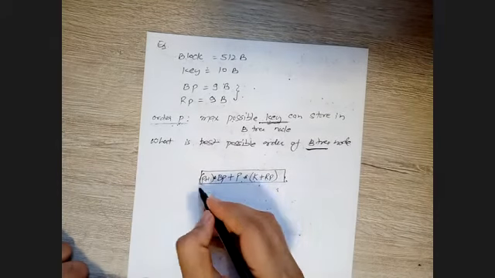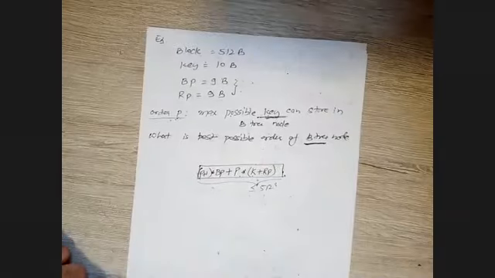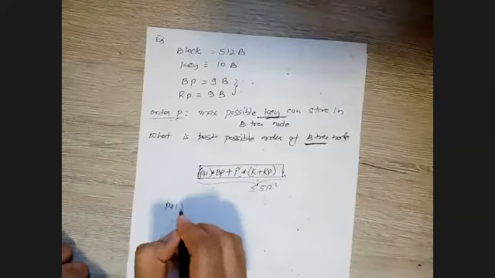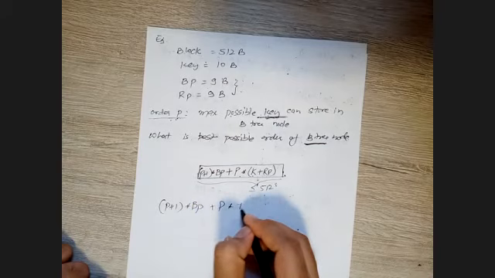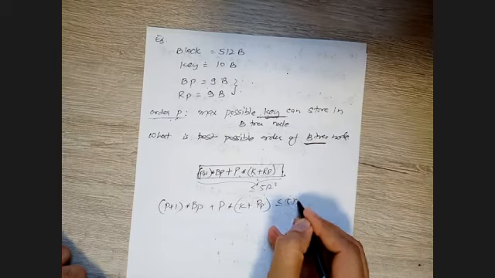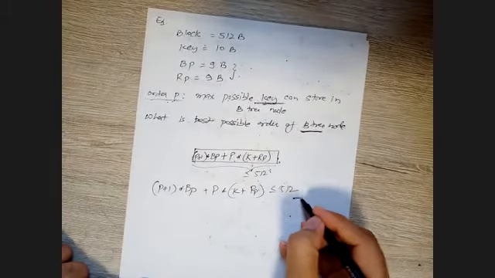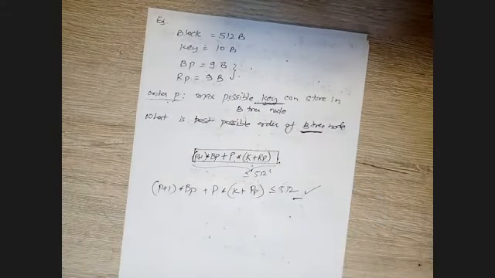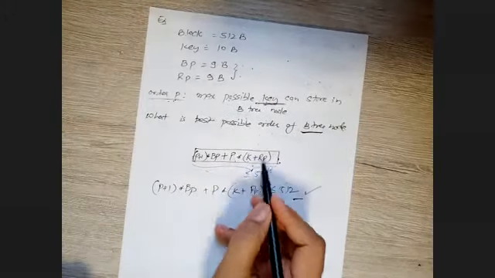Right? And this value is complete, 512, less than or equal to 512. So what we get? (P plus 1) times block pointer plus P times K plus record pointer, value less than or equal to 512. That way, right? So now you can simply solve the value and find the value for P over here. Okay, let's see one question on your internal node, because this formula will change.